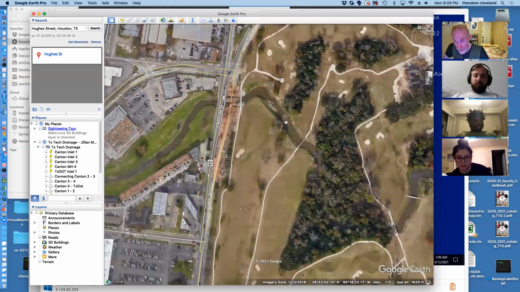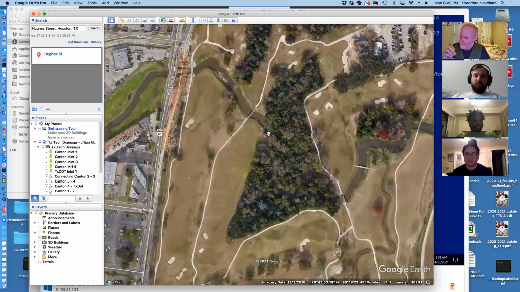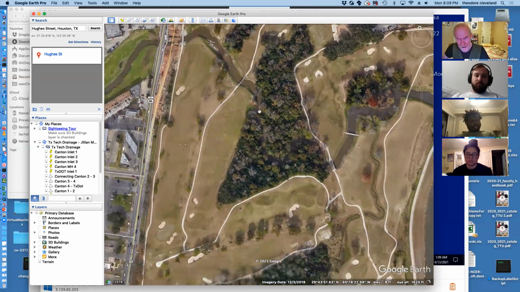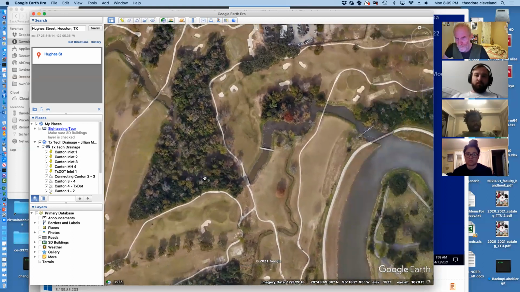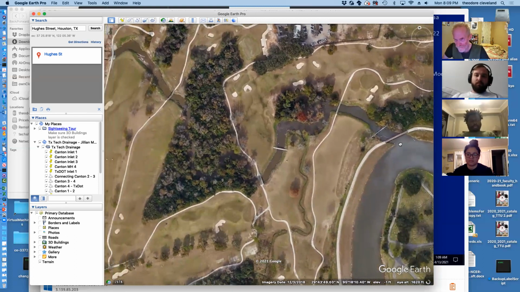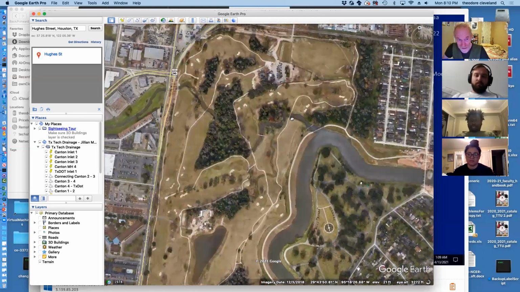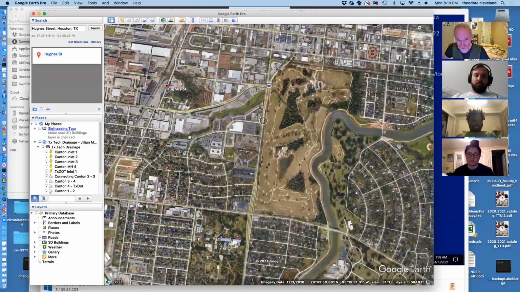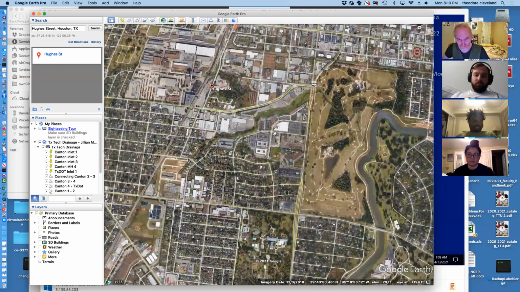Now this part of the bayou here is loaded with these little white spheres that are coated in really hard plastic. I think they're called golf balls. And then finally, we get out to the end of the study area. So that's where I obtained all the elevations from for the